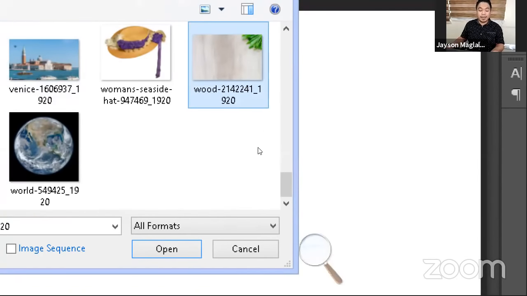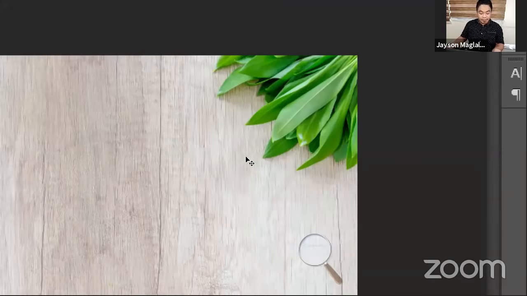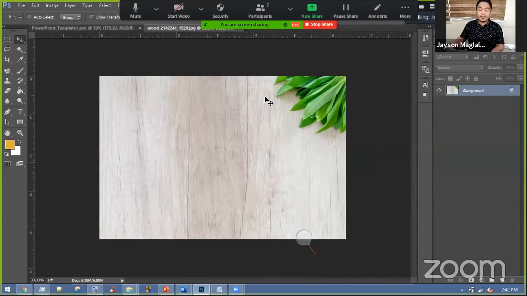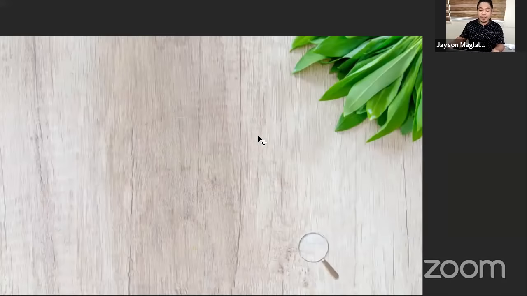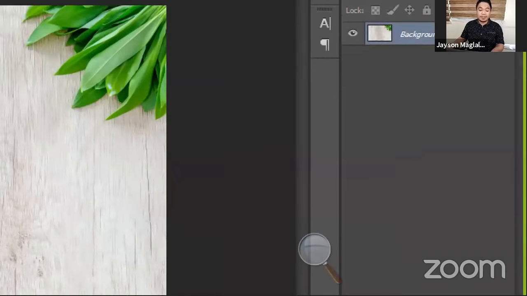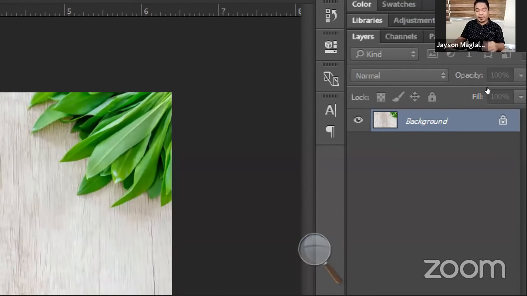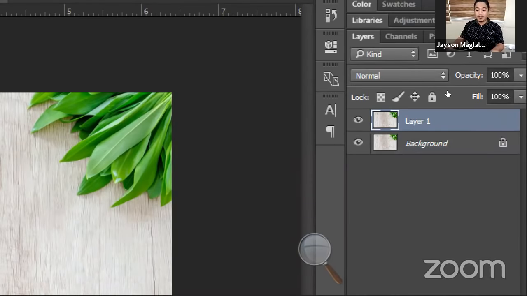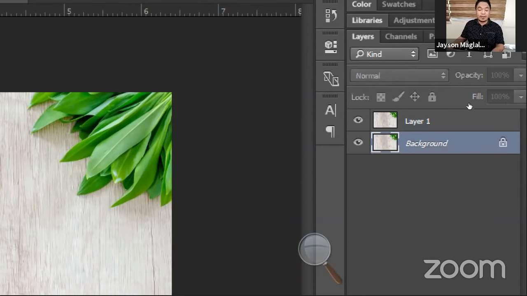Ito po, ayan. And then to edit your image, always duplicate your original image, lalo na pag malaki yung project. So the shortcut for duplicate layer is Ctrl-J. So when I hit Ctrl-J, you'll see that may nag-appear na another layer, but basically duplicate niya lang po yung